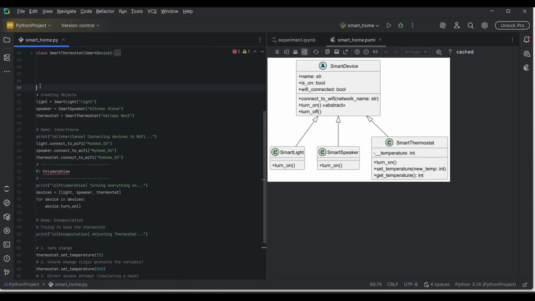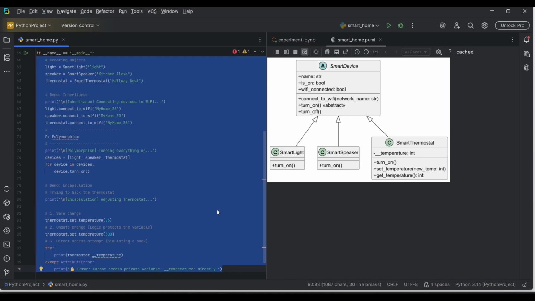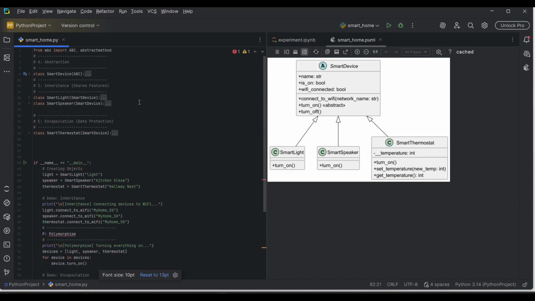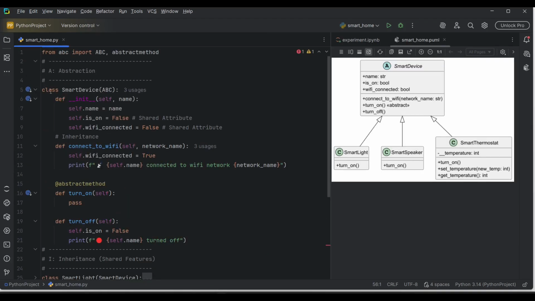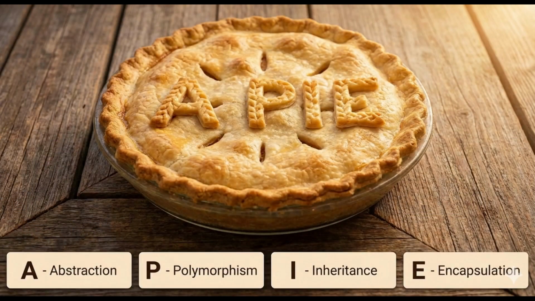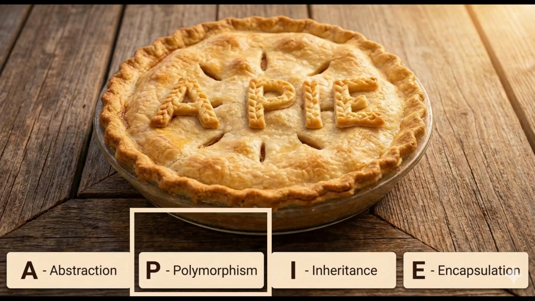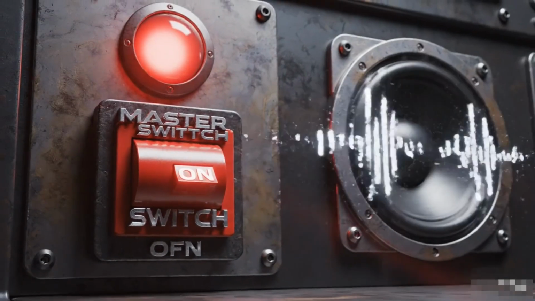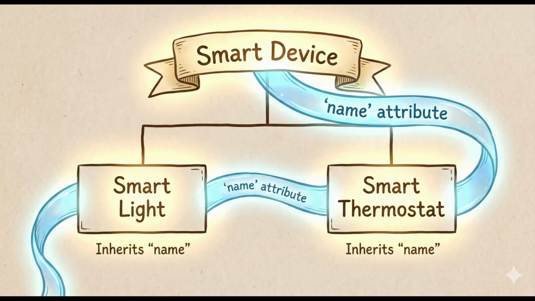As we have checked all of this, let's put this whole block of code inside the if name equal main block so that we can import this smart home script as a module in other programs. You have just finished your whole smart home project and learned object-oriented programming in Python. So next time when you are coding, remember A.P.I.E. Abstraction hides the mess, polymorphism lets different objects respond to the same command, inheritance prevents you from repeating code, and